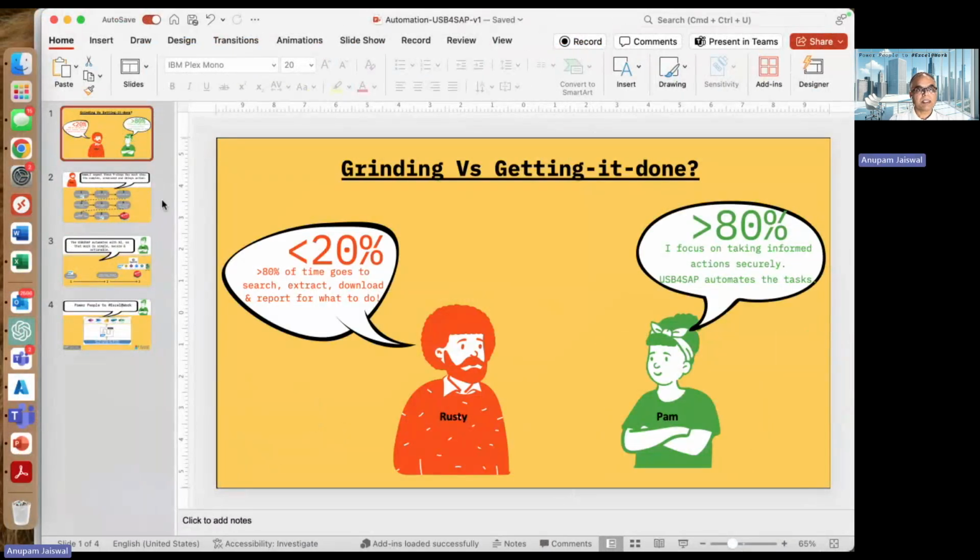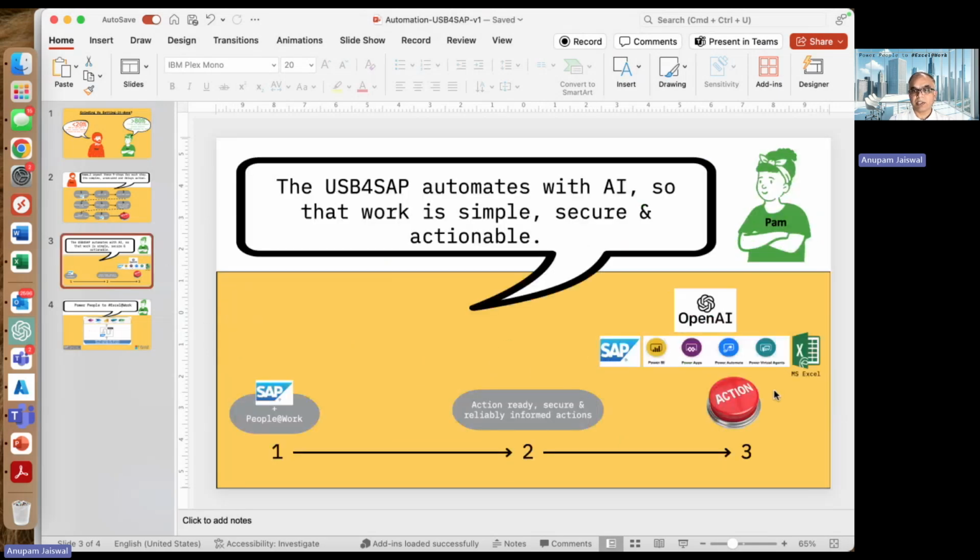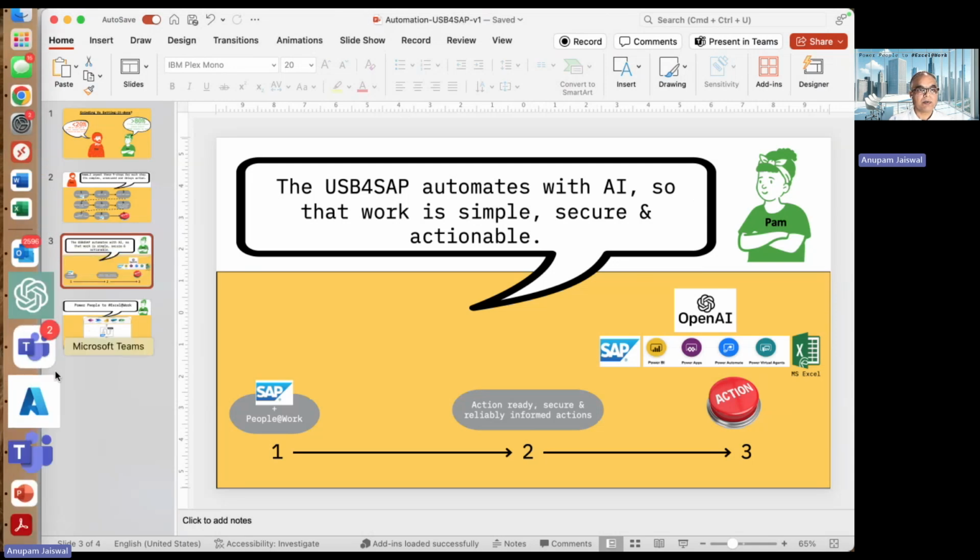So picking up on the same personas, Rusty, he does it the old way, and Pam, she's more technologically inclined, so she uses some of these tools, including OpenAI along with SAP and Power Automate. We'll be using OpenAI, SAP, and Power Automate along with some data in Excel to do the work today, right? So the overall scenario